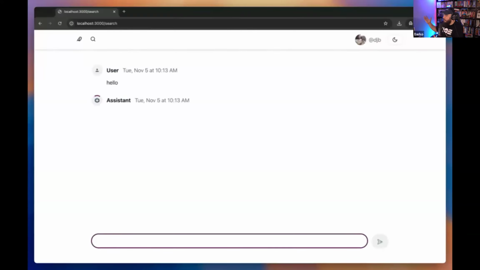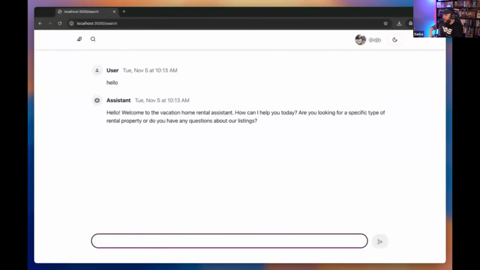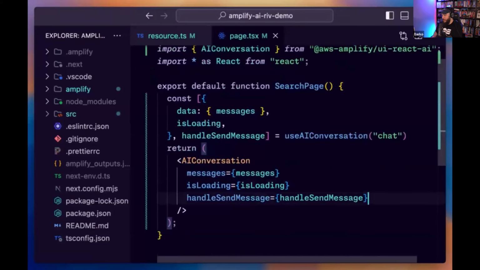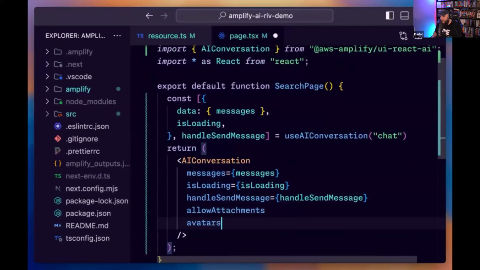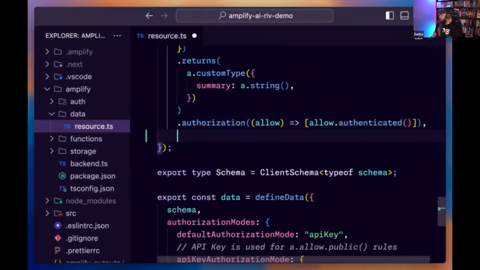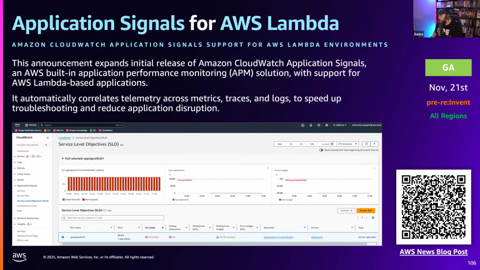So huge fan. Let's see the example of this one. Look at that, boom. That's it. Everything is here for you to be able to build stuff. I love it. Okay, moving on. Application Signals for AWS Lambda.